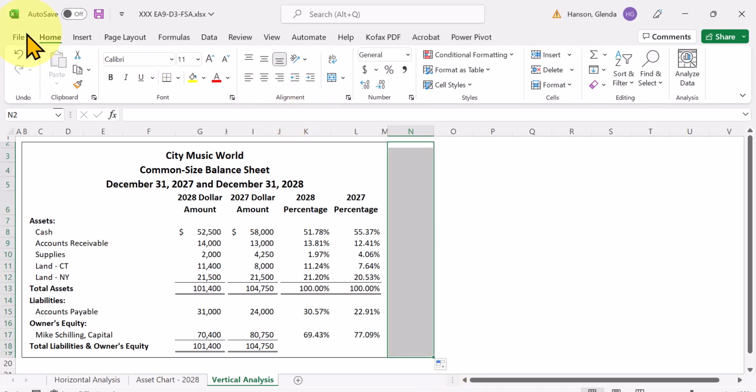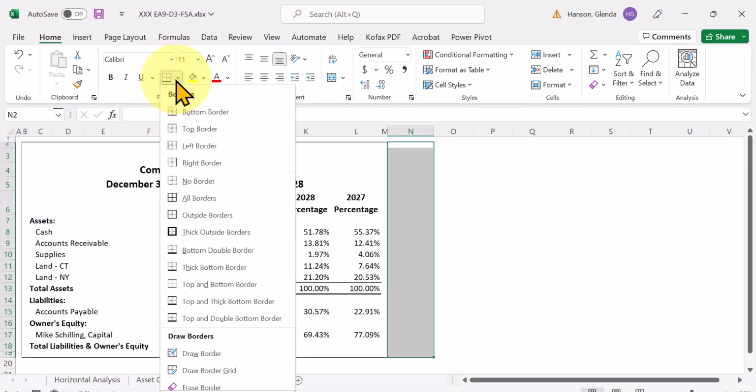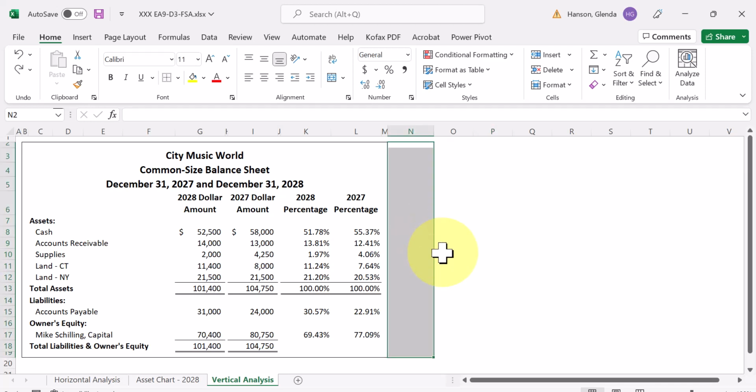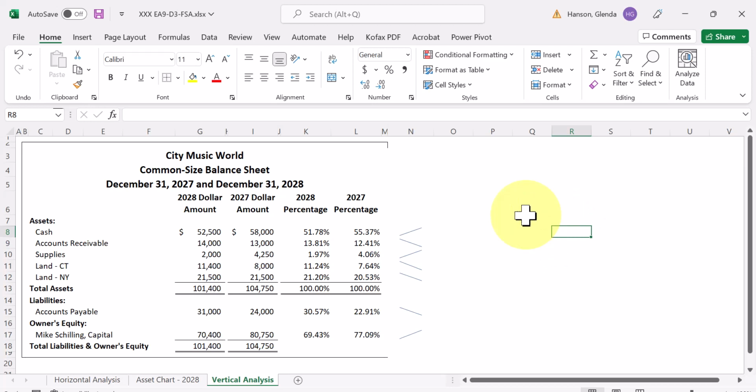Choose Home, Font, Border, and we're going to have no border. So that took off, oops, it took out my numbers. Okay, it took off the border on this whole side,